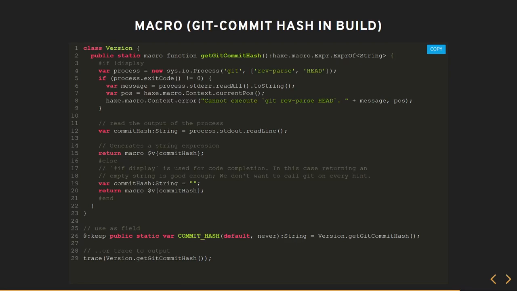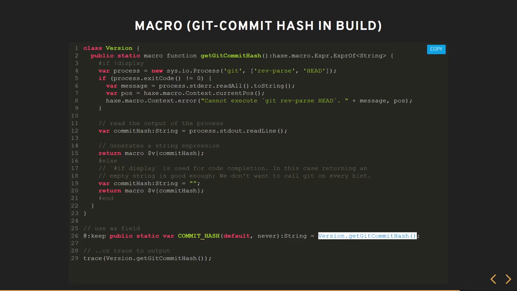And that's it. We're pretty much done. So how we're going to use it is we'll store it as a static variable, commit hash. This is something I didn't go over, but it's like getter setter syntax in Java. So this is, I think, the getter, with default behavior, which means just return whatever the variable is, and never for the setter. That would mean that you can't modify the variable at all. And here we give it its initial value, which is the commit hash.